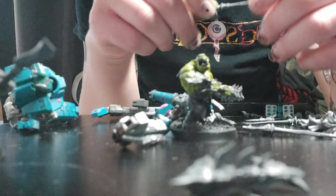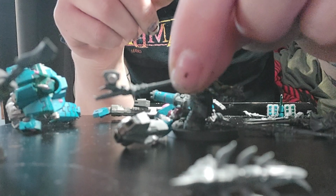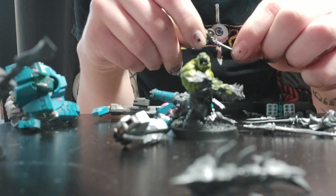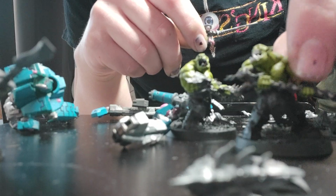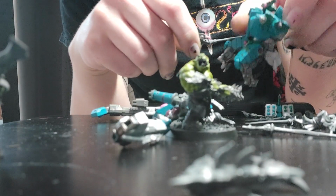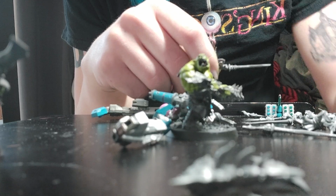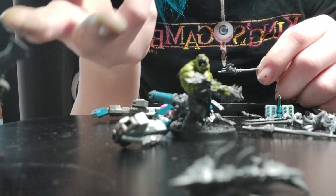Hello, this is my little tutorial on magnets, because I've been doing magnets on my orc army, my Tau army here, and I've not been doing it for my Chaos Space Marines, nor have I been doing it